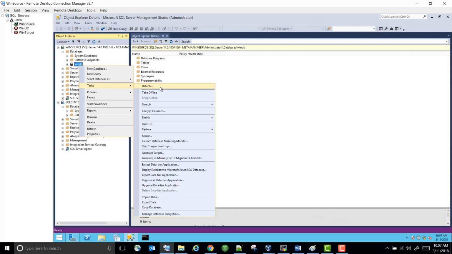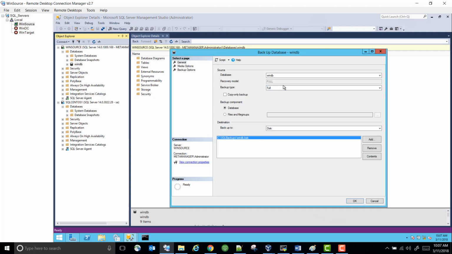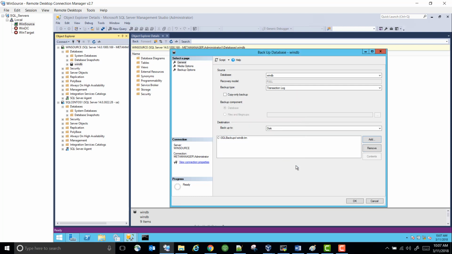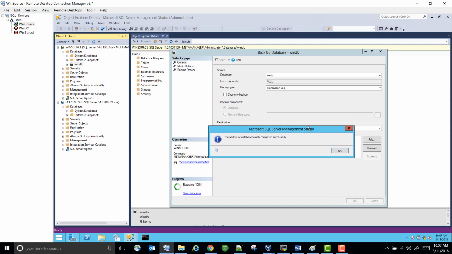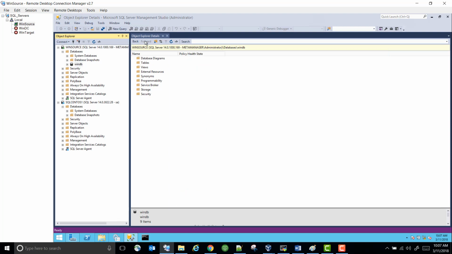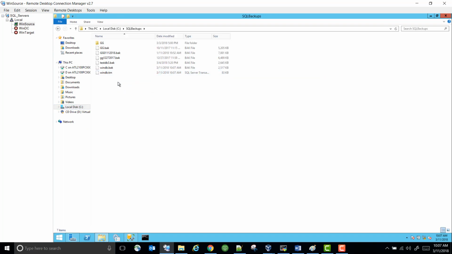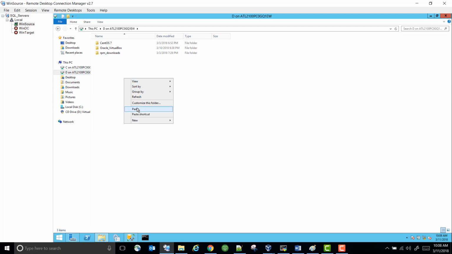So I'm going to take a log backup. So these are the backups. I'm just going to copy and paste them on the laptop. This is the virtual operating system on my laptop, and this is my laptop hard drive. So I'm going to copy the backups onto my local laptop